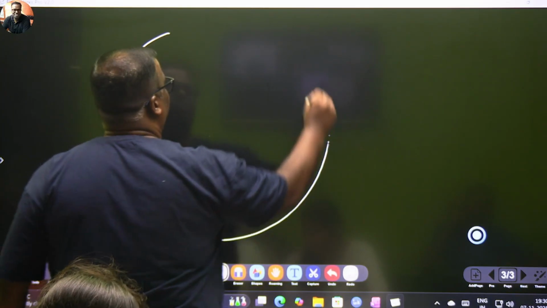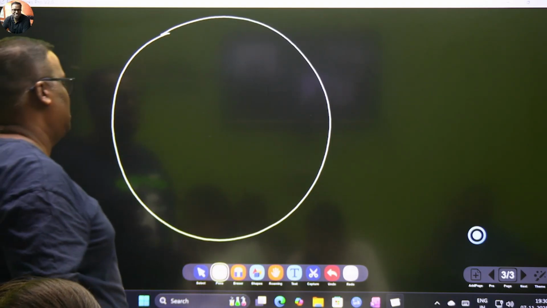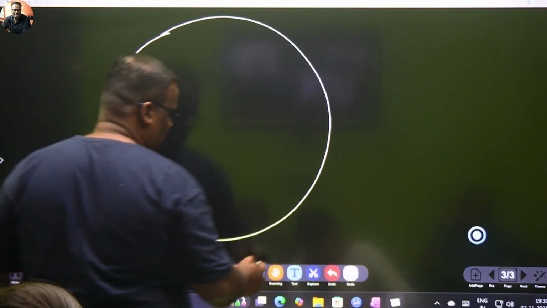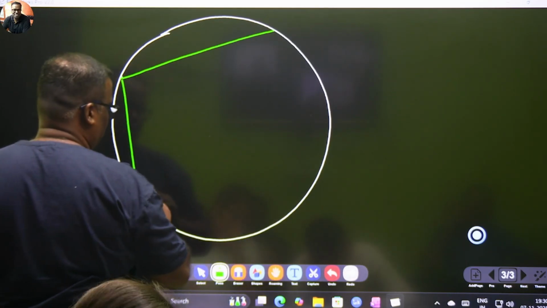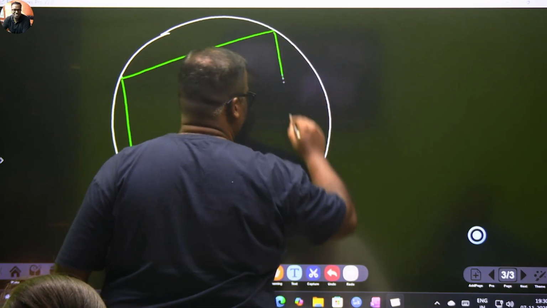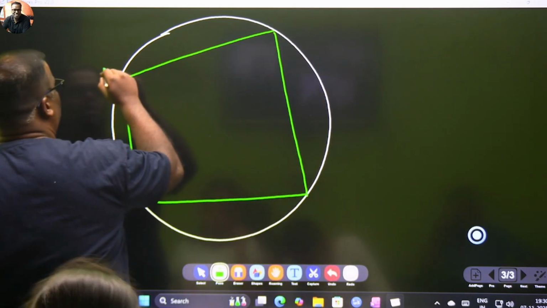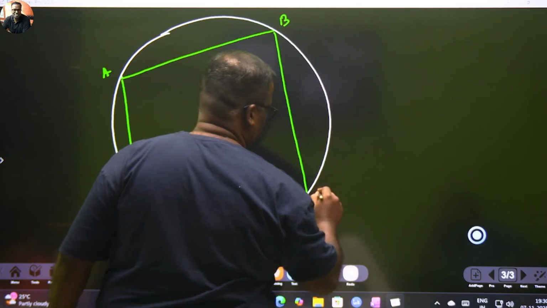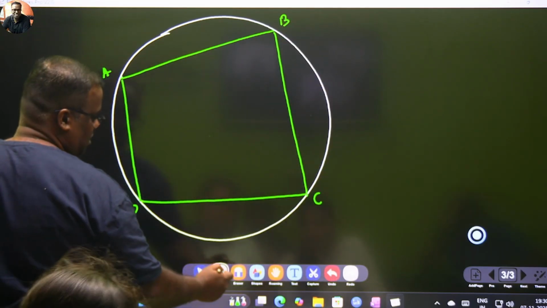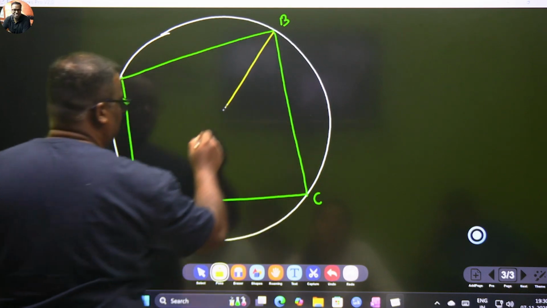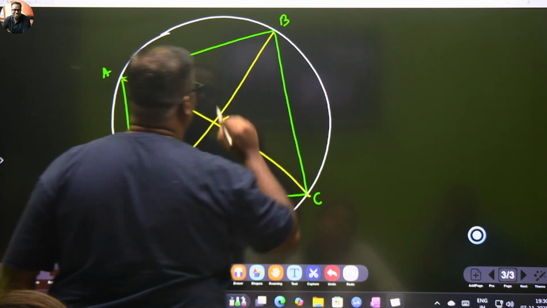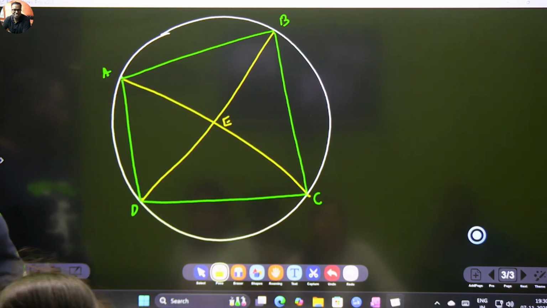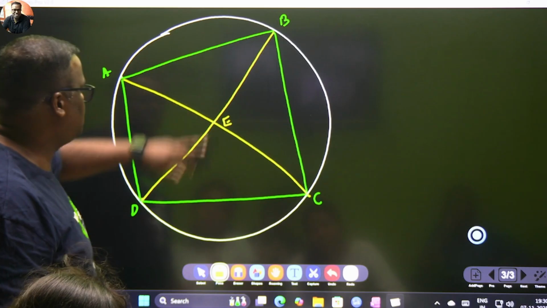Yeah, we have a circle. ABCD is a cyclic quadrilateral, whose diagonals intersect at a point E. Very good. If angle DBC is equal to